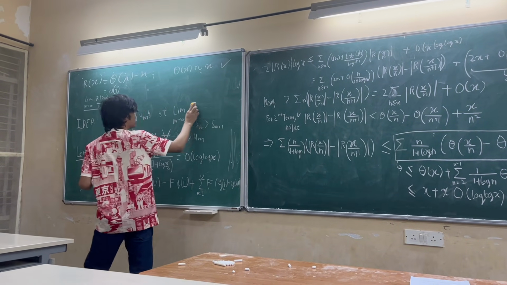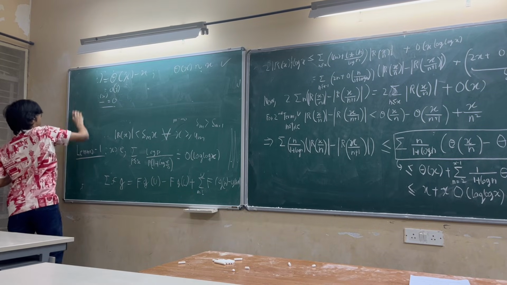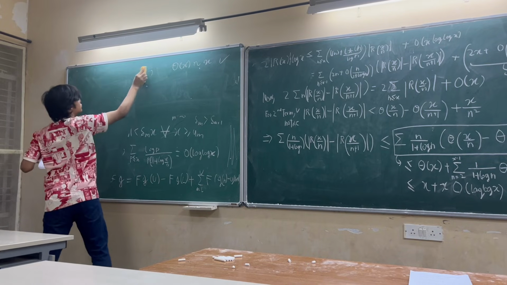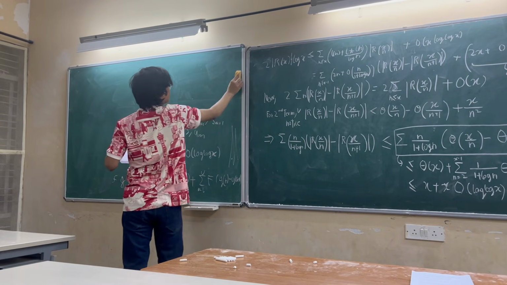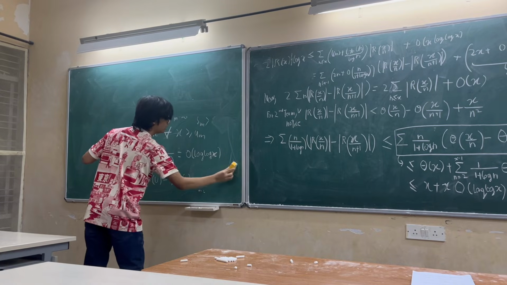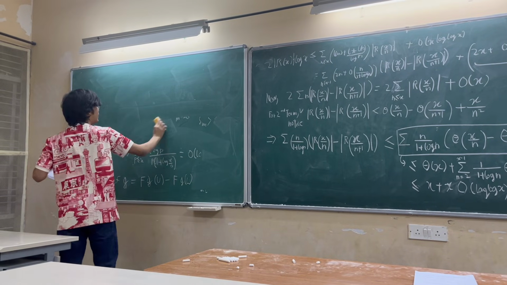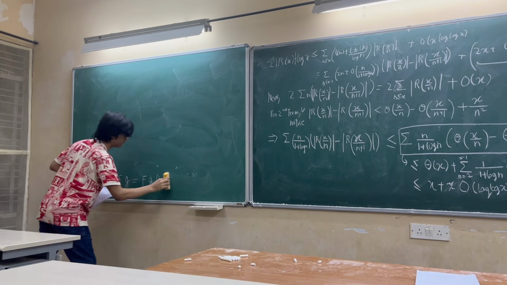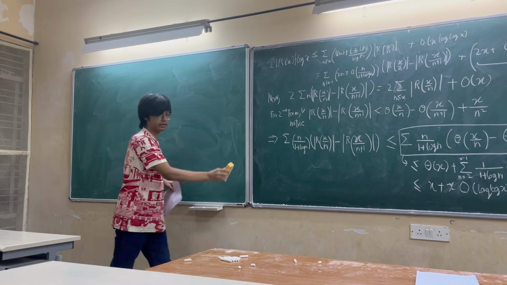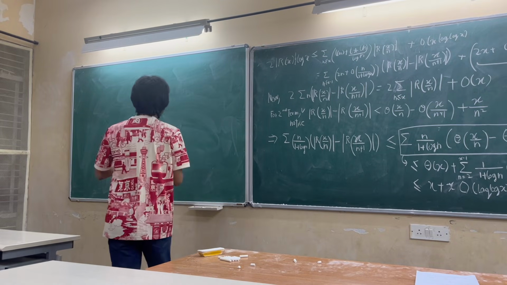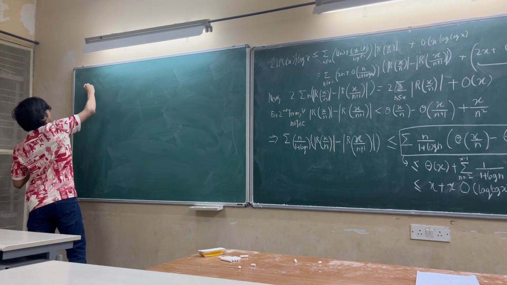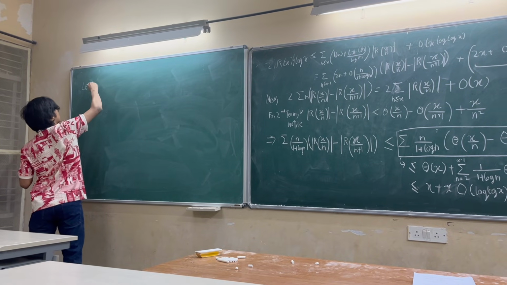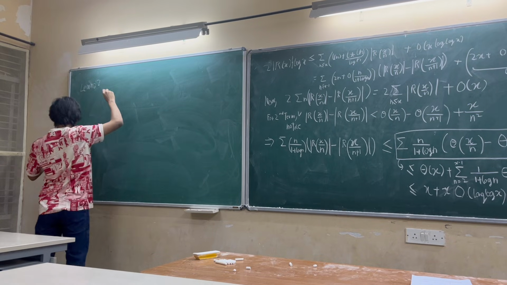Now we are going to state 2 lemmas, and in the interest of saving time, we are going to omit the proof of most of them. But the first lemma is a direct application of the theorem that we just proved, and the second lemma is a direct continuation of the first lemma that we are going to introduce going forward now. So I present to you lemma 2, which says that